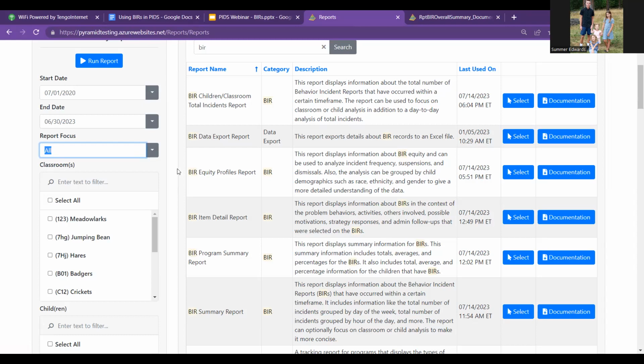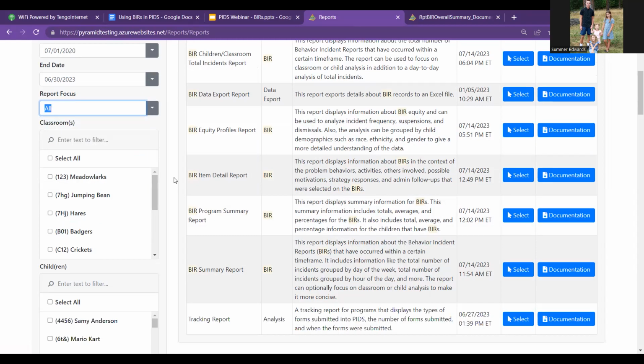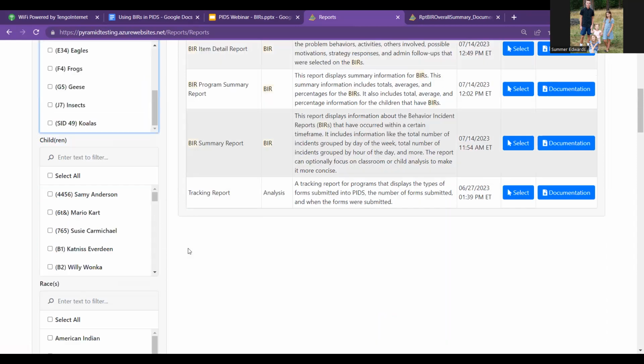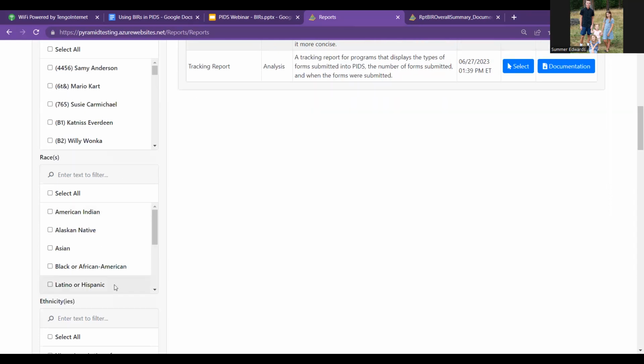From here, we do have the option to select which classroom we want to look at. If we were just concerned with what behavior incident reports are being documented in the Hares classroom or the Badgers classroom, we can select one or as many of those as we need to. If we leave it blank, it's going to select all of them. Same with children. If we wanted to drill down and look at a report for a particular child or a particular group of children, we can do that. Same with races,